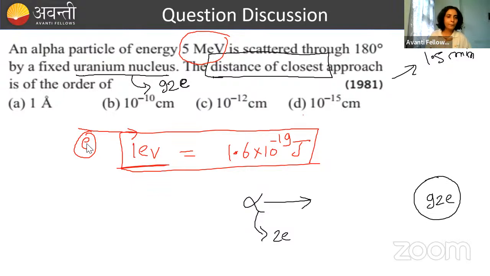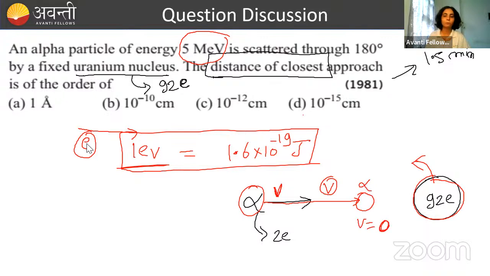It means, देखो यहाँ पे हुआ क्या होगा? This is positively charged. This is positively charged. Now, this uranium nucleus will repel the alpha particle. So, if its initial velocity is v, as it will go closer, closer, closer, its velocity will decrease क्योंकि this nucleus is opposing its movement, है ना? ये इसको repel कर रहा है, तो इसकी velocity घटेगी। एक ऐसा टाइम, एक ऐसा पोजीशन आएगा जहां पे उसकी वेलोसिटी 0 हो जाएगी। डन। एंड दैट डिस्टेंस ऑफ अल्फा पार्टिकल फ्रॉम द यूरेनियम न्यूक्लियस विल बी कॉल्ड डिस्टेंस ऑफ क्लोजेस्ट अप्रोच।